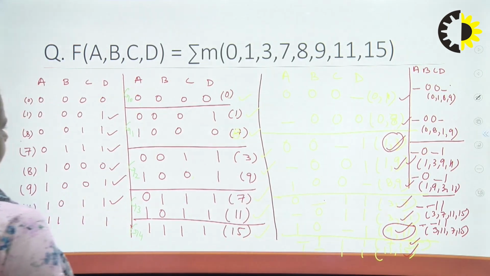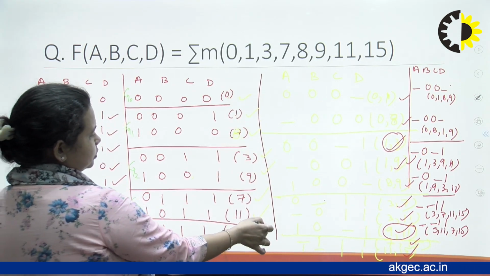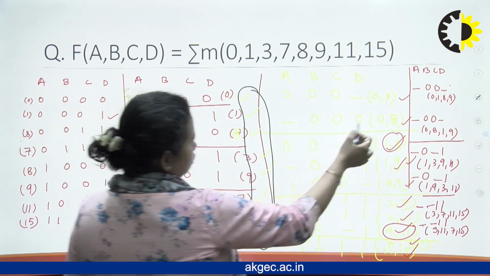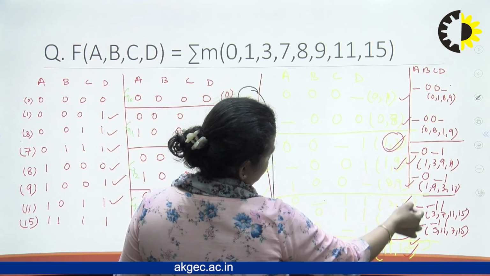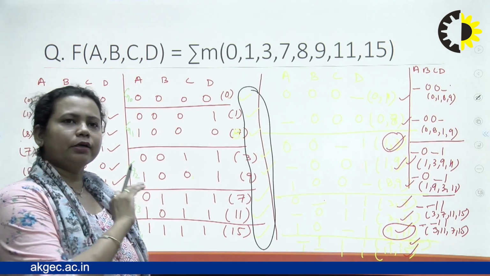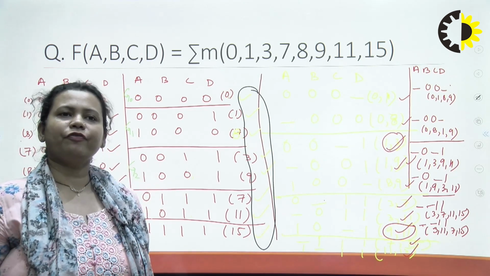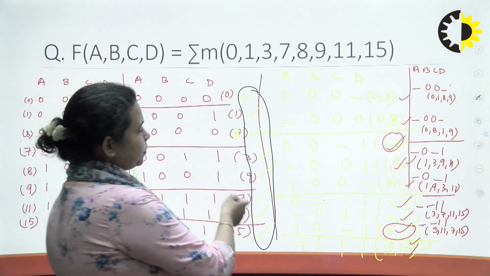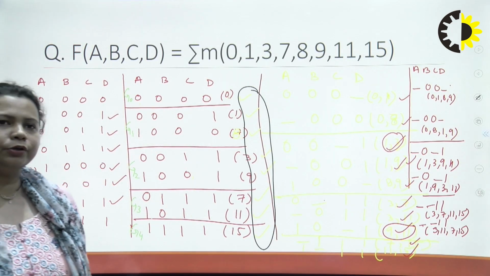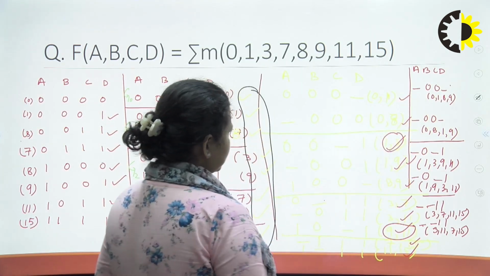So what we have seen is that tick is already marked at all positions, at all minterms. All minterms are ticked, right? Here also all minterms are ticked, right? So if any minterm is left unticked, that is not ticked, that will contribute to the final expression. So in this particular question, all the minterms are ticked, they are matched properly, so we are not using them in the final answer. So final answer will be from these only.